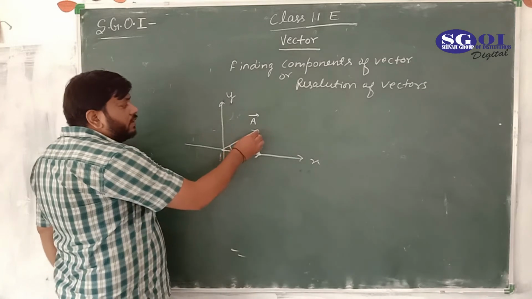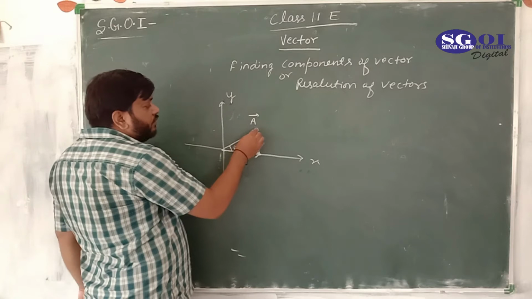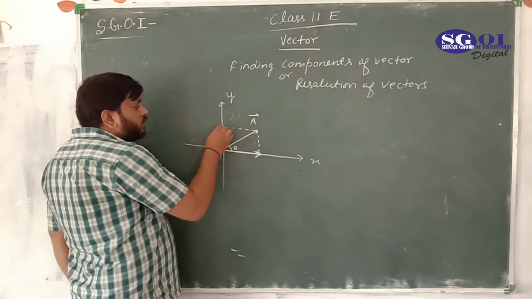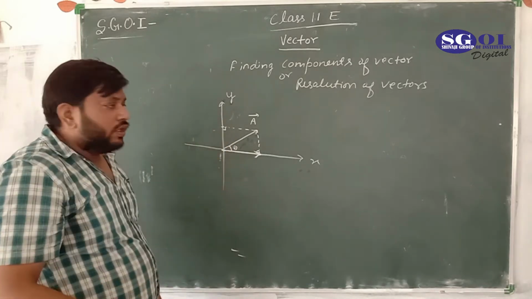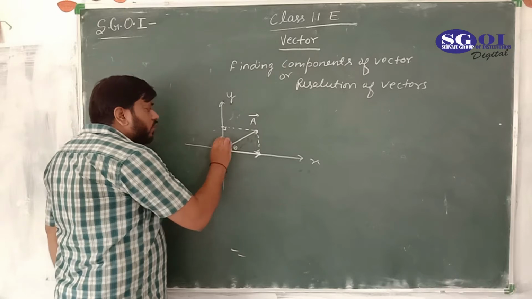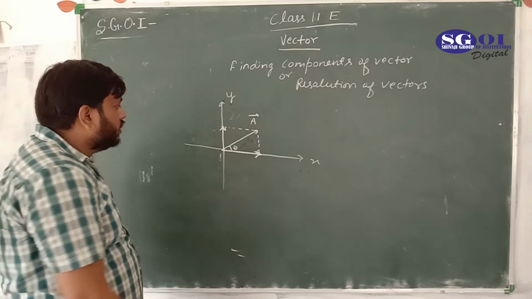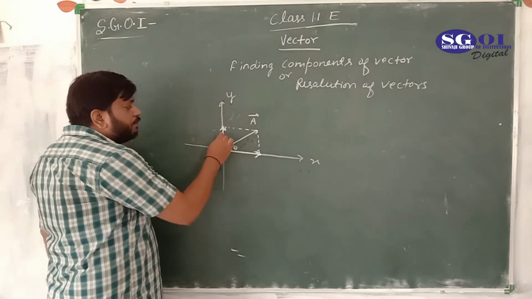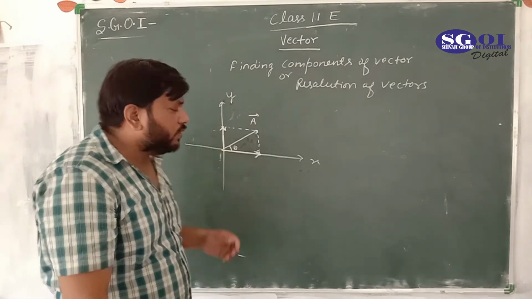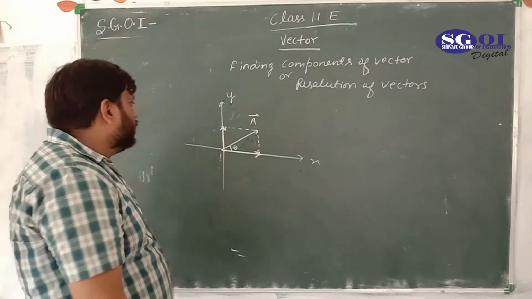Now, in the same way, when we want to find the component of the vector A in the direction of the y-axis, we draw a perpendicular at 90 degrees here, and suppose this is a point. So from the tail of this vector, we draw a vector up to the point where the perpendicular has been drawn, and this vector is the component of this vector along the y-axis. So there are two components. There may be three components if this vector is 3D: x, y, z.